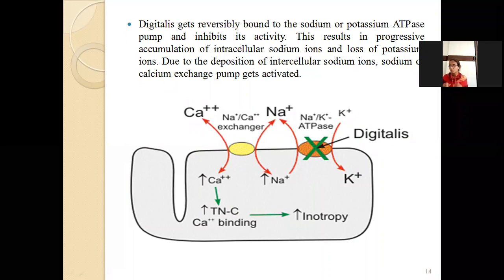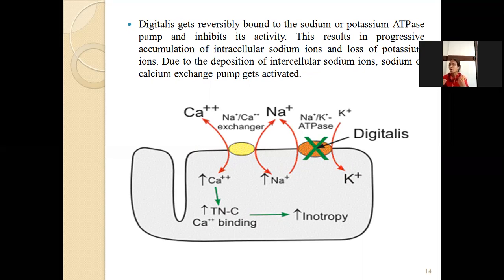So if we use the drug here, the digitalis will get bound to the sodium-potassium ATPase pump and it will inhibit its activity. So what it will do is inhibit the activity of the sodium-potassium pump. If the sodium levels are higher in our body, it will result in a raised heart rate, so it is dangerous to us. So in order to avoid it,